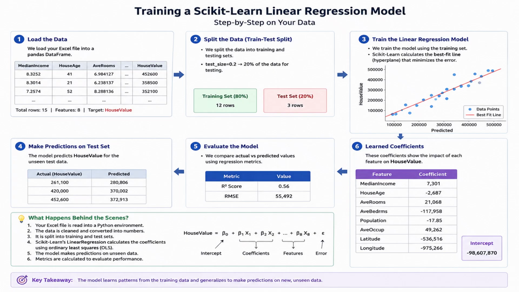So if we need to explain in one slide, this is what we have done. We loaded the data. We had around 15 rows, 8 features, and the target was house value. In the second step, we split the data into training data and test data. 80% was used for training, 3 rows were used for testing. And this is the mathematical formula. This is how the model is trained. So this is the linear regression. You have house value,